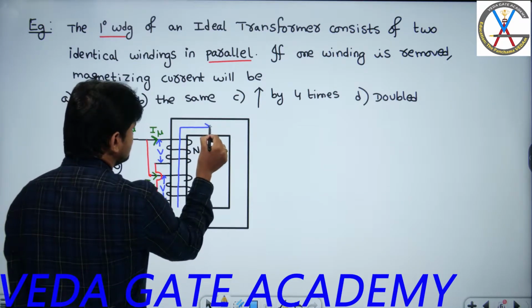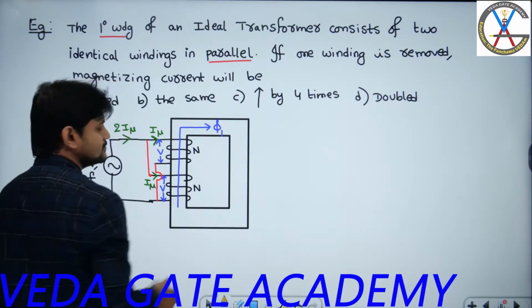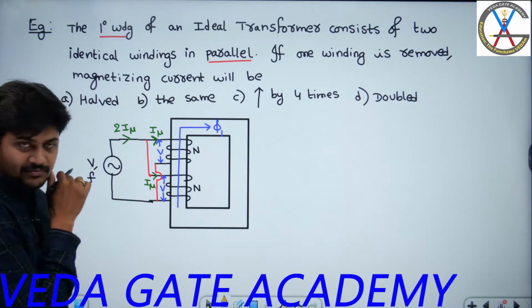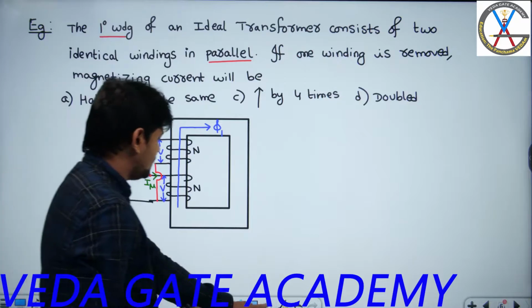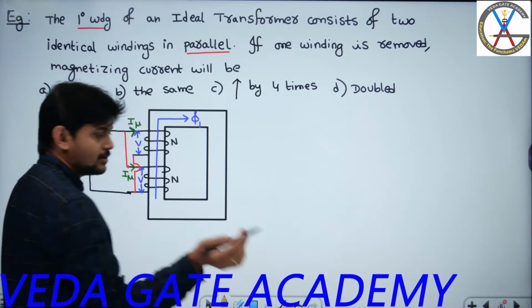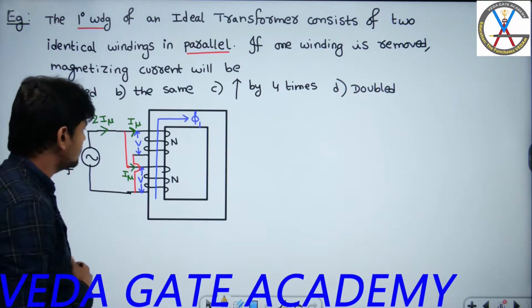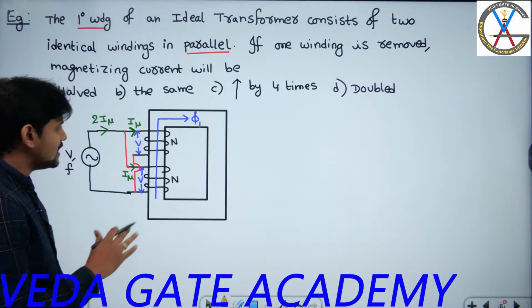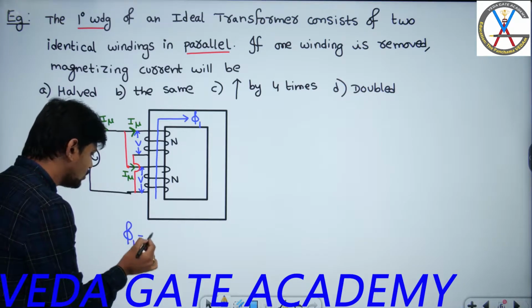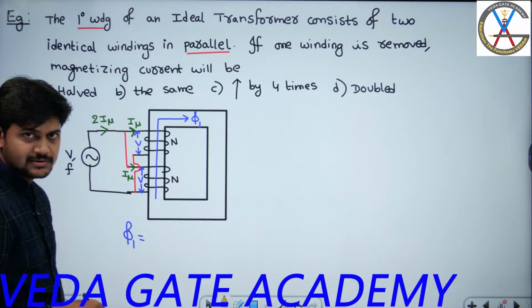Now because of these I mu's, let us assume that the resultant flux produced because of this entire phenomenon is phi 1. This is case 1. First we will do the analysis of case 1. Let me slightly move upward. All of you please focus here. Now I will try to calculate the total flux first. The total flux is equal to total MMF divided by total reluctance, right?